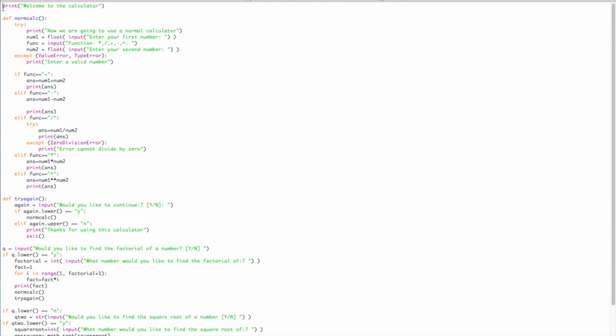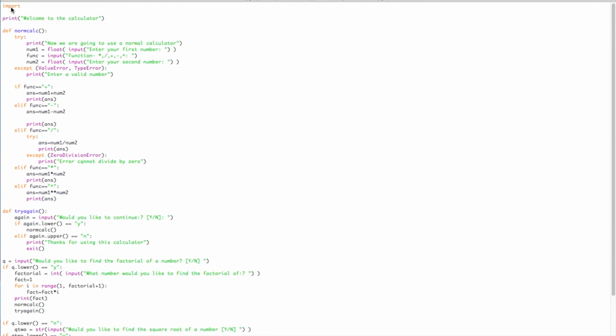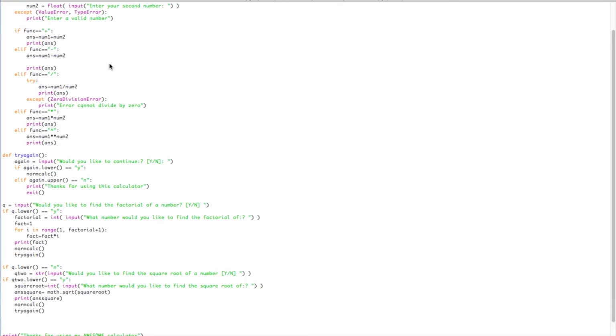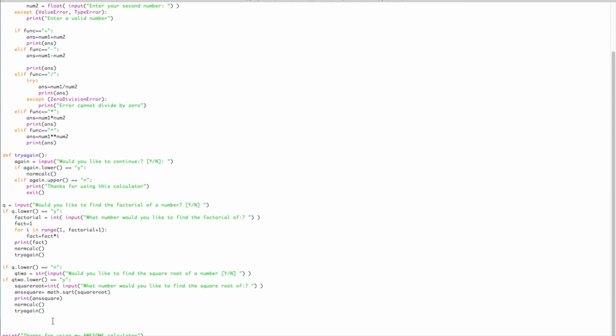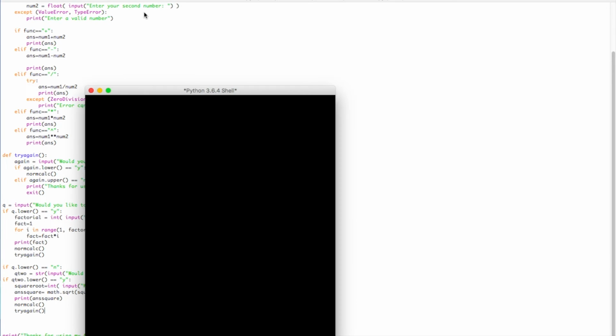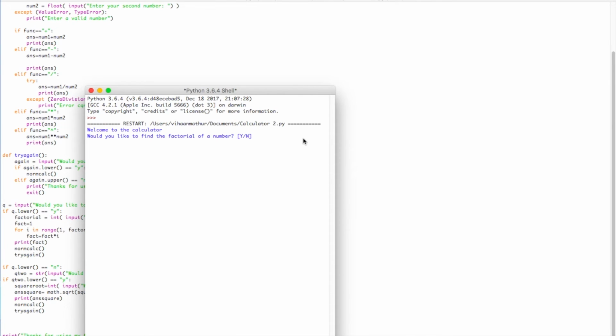So just one quick thing we need to do is import math, because if you don't do that, you're going to get an error saying math is not defined. And you're going to have to import math, because math.sqrt is a specific thing in this module. Yeah, so if we run this program, what we have here is, would you like to find the